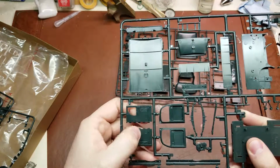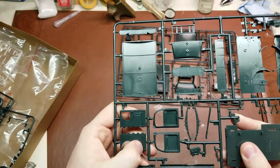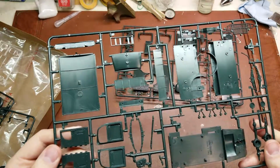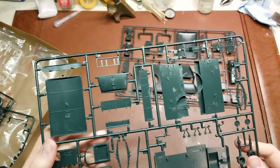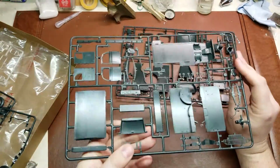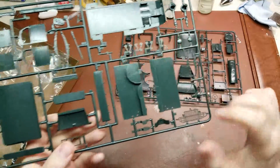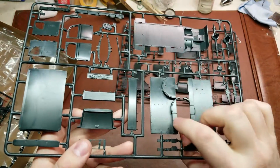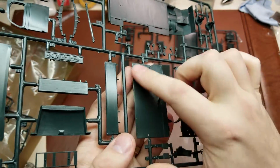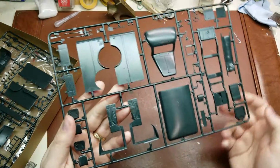Another sad thing is it does have the ejector pins on the inside of the door, but luckily if you just take care, you could probably get most of them filled and sanded out without really destroying too much of the detail. And the inside of the upper cab, grill guard. The other nice thing is on the exterior here, let's see if you can see them in the light, it actually has the rivets molded in. That's nice. Then the front of the truck